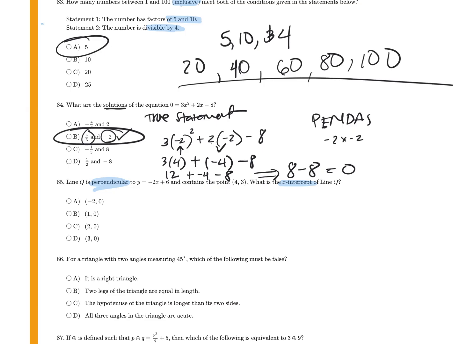So they did not give us the equation for line Q. So number one, that's missing, right? The equation. They gave us a different equation. But line Q is perpendicular, so we could figure out the equation based off of the given information. So perpendicular lines